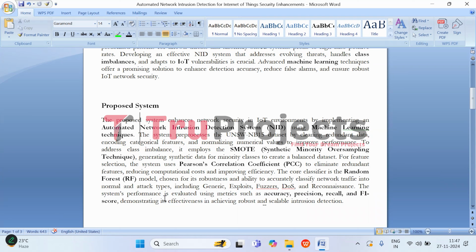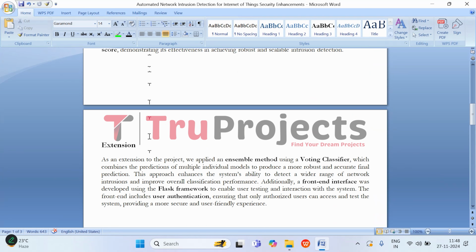The use of machine learning techniques allows the system to handle evolving threats and adapt to the dynamic nature of IoT environments, ensuring robust and scalable intrusion detection. To make the system more powerful, as an extension, we are incorporating a voting classifier, which is an ensemble model. This method combines the predictions from multiple models to create a stronger, more accurate overall prediction. Think of it like asking a group of experts for their opinions instead of relying on just one. By combining the strengths of several models, the system can detect a broader range of network intrusions, which improves